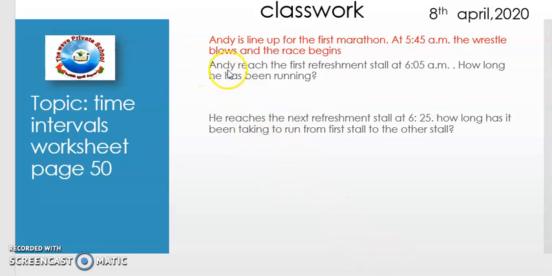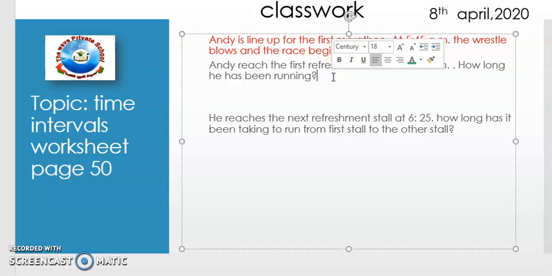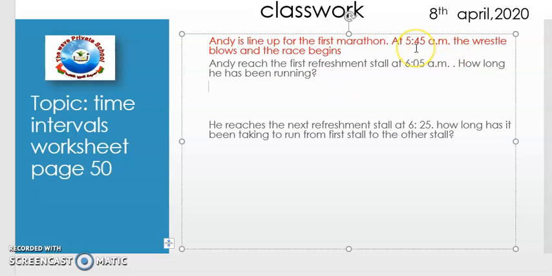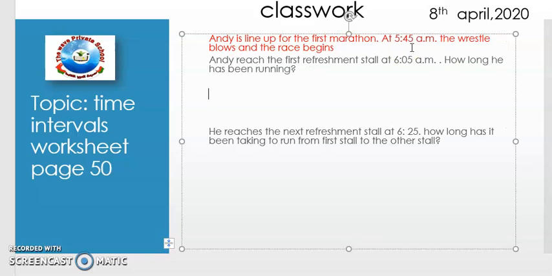They said, first of all, Andy reached the first refreshment stall at 6:05 a.m. From this time to this time, how long has he been running? Andy reached the first refreshment stall at 6:05. How long has he been running? So for duration, we need to subtract, and from the starting point I will write here starting point